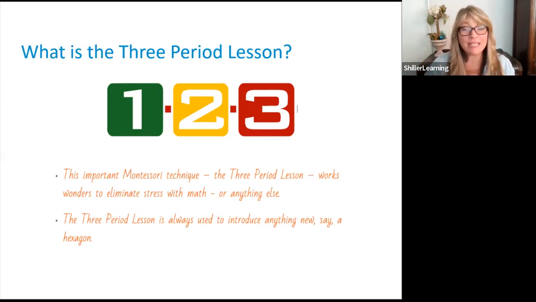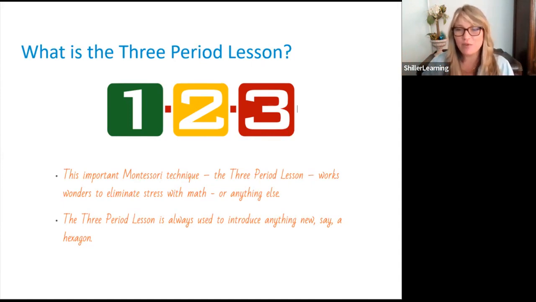So really the 3-period lesson, not just in your homeschooling, but this is something you can incorporate into your parenting and interacting with your child in general. And what's great about Montessori, and specifically the 3-period lesson, is that it's going to empower your child to experience whatever that is, the concept, the material, the vocabulary, the principle, in incremental steps. And along the way, be able to get success with that level of knowledge and be set up for success